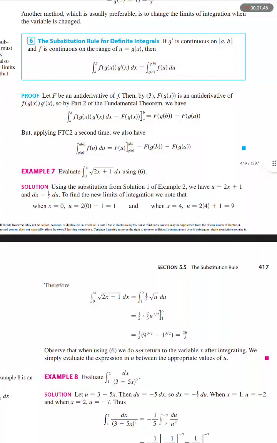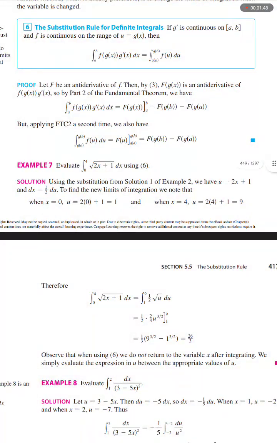Back to the text. Equation 6, the substitution rule for definite integrals. If g prime is continuous on the interval [a, b], and f is continuous on the range of u equals g of x, then the integral from a to b of f of g of x times g prime of x dx equals the integral from g of a to g of b of f of u